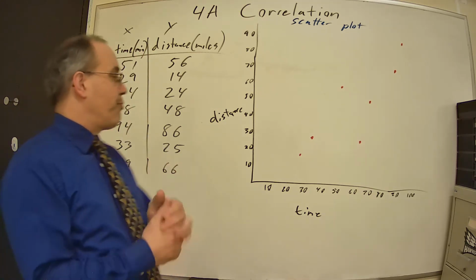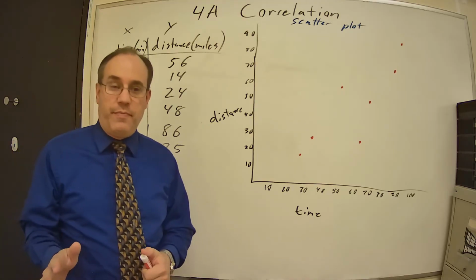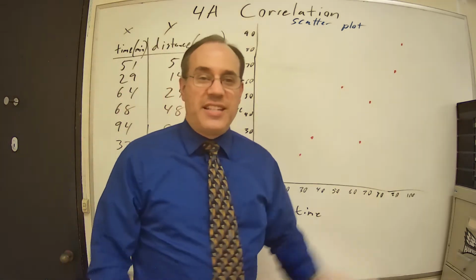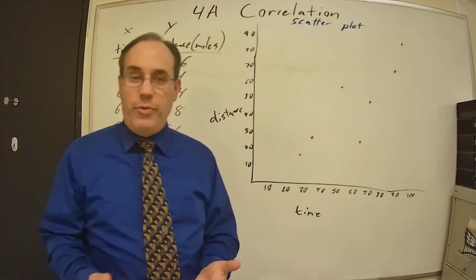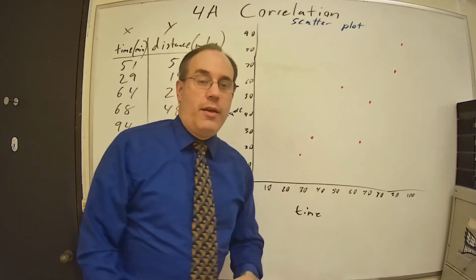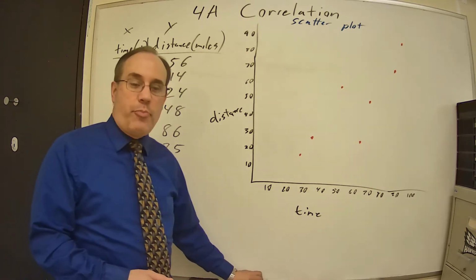Okay, so now that I've got that, that is a scatter plot. There's nothing else to it. We don't connect the dots. Remember I said that there's no specific order to it. You just have a bunch of data points that came in and we plot them. Now, what's the advantage of plotting these? Well, now that we've got this scatter plot,